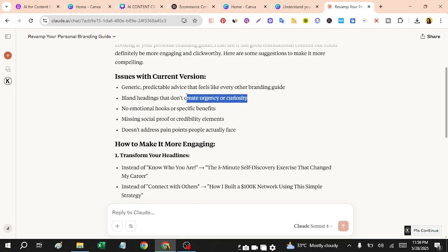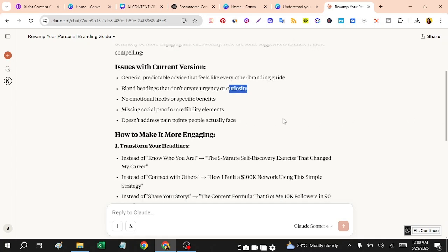These are two very important things when you are focusing on headlines, because a headline grabs the attention of a user. It could be urgent, or it could enhance the curiosity of a user. No emotional hook or specific benefit, missing social proof or credibility element, doesn't address the audience's pain point.